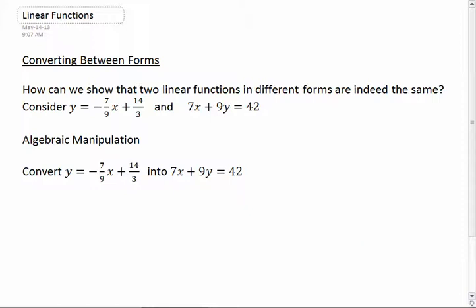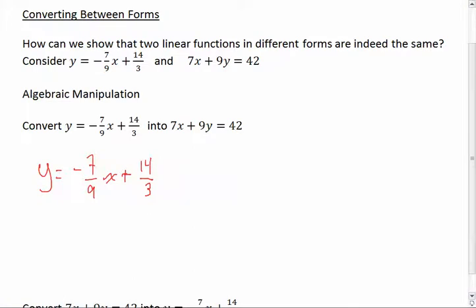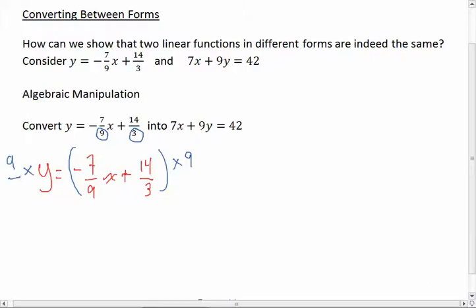So the first thing we're going to do is we're going to practice converting from standard form into general form. So our first step is we need to identify our common denominator. So if I have the denominator of 9 and 3, we need to find out what's the lowest common multiple. So thinking back to our unit on LCM, the lowest common multiple of 9 and 3 is 9. So we multiply both sides by 9. And if it helps to think of it this way, you can think of it as 9 over 1. So what will this give us? So from here, I'm going to have 9y is equal to negative 7x